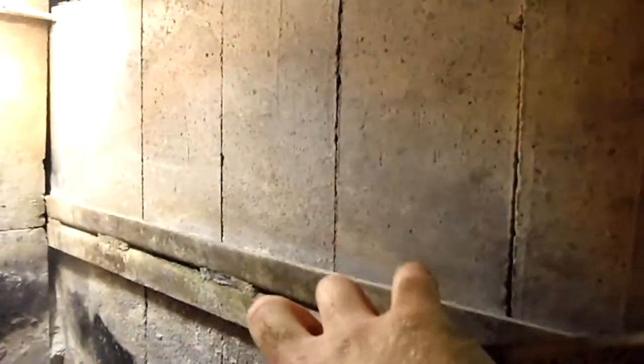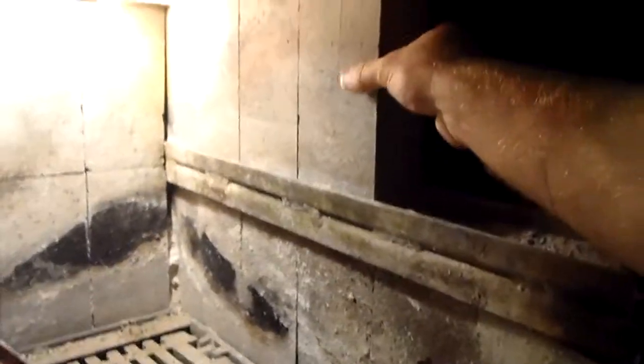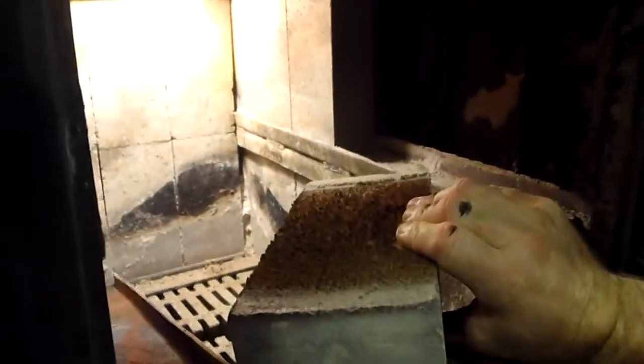Let the ash fall down inside, we can clean the ash out of the ash pan, and then these bricks basically start coming out. I'm going to set these on a little dolly I have, and there's the back of the bricks. Little sooty, okay, but that's fine. Now as I stack these on the dolly,